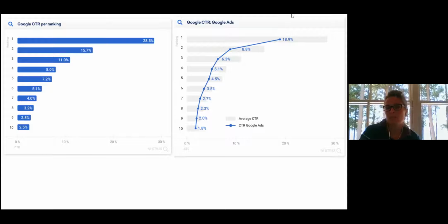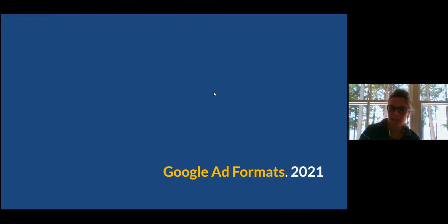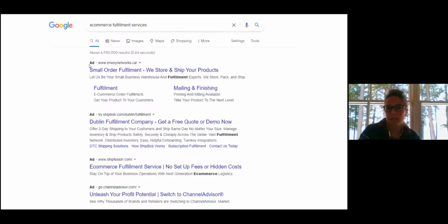And so that's the point I was trying to drive home with all of those screenshots related to lawn care businesses, that in some cases, you really can't afford not to be there. Let's take a look at some different ad formats, because we know that today, and take a look at this screenshot, there's nothing else above the fold other than advertising. So depending on the nature of your